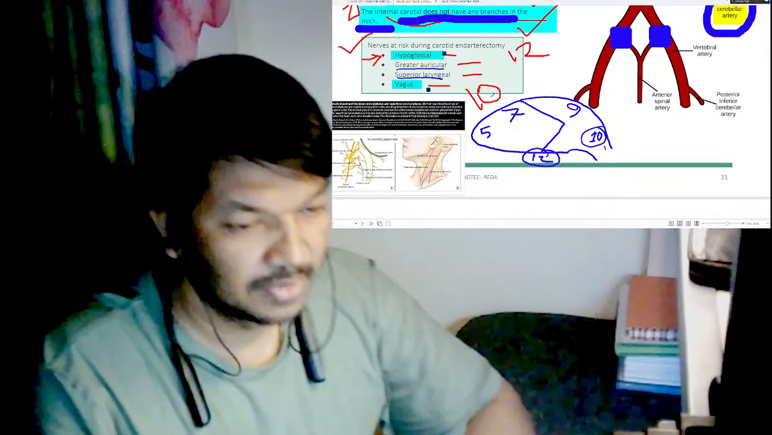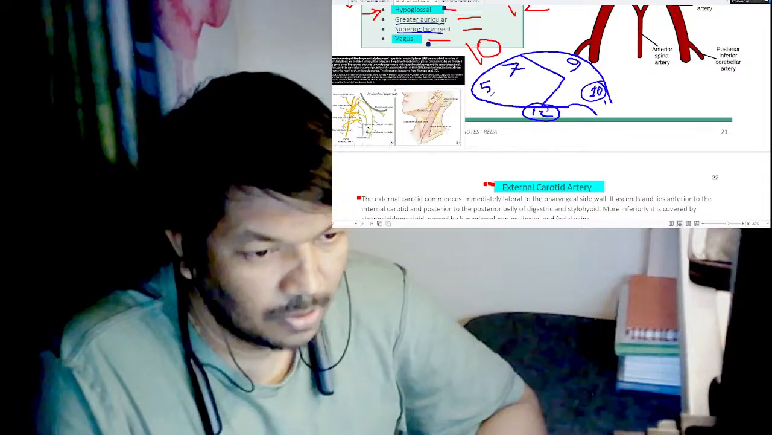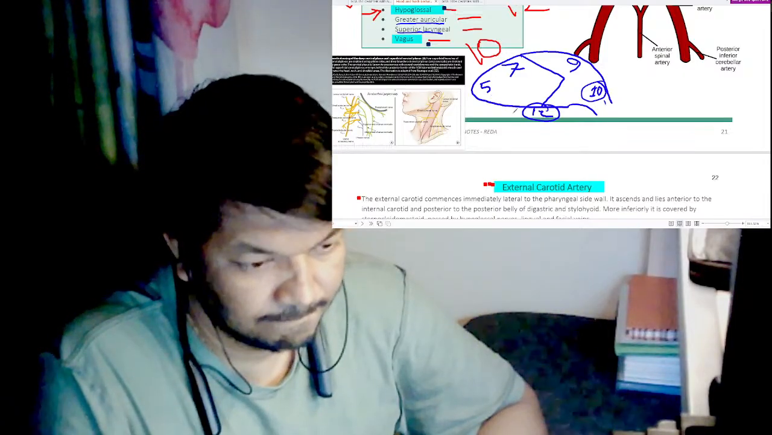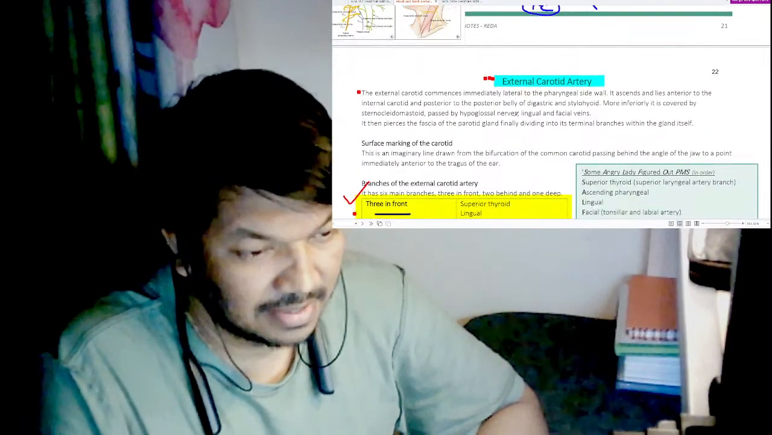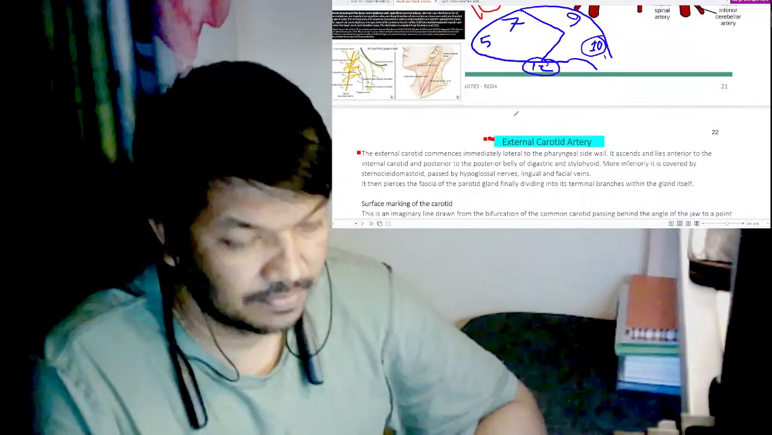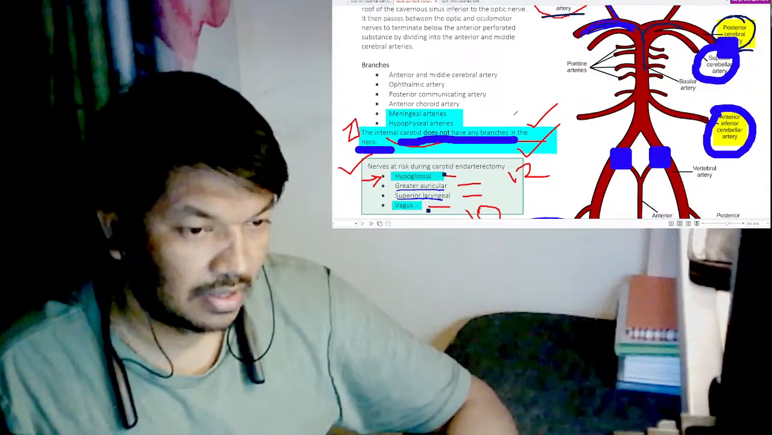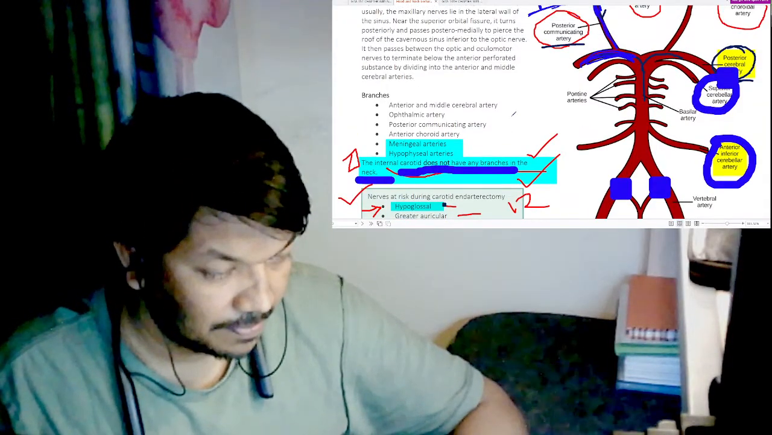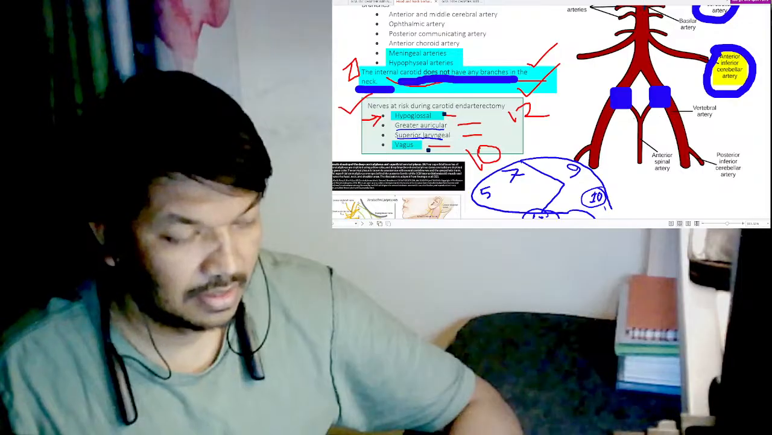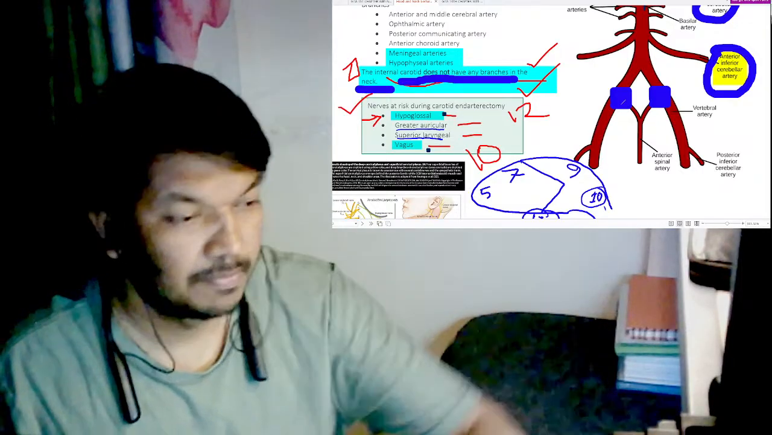Okay. External carotid artery. So from the carotid artery, mainly we need to know what their branches are. Keep in mind